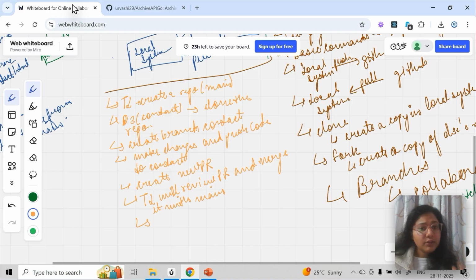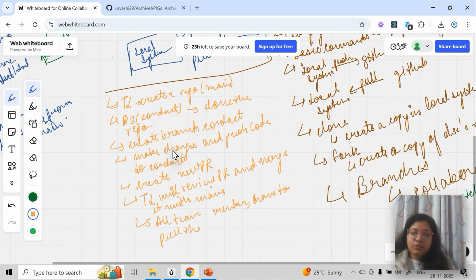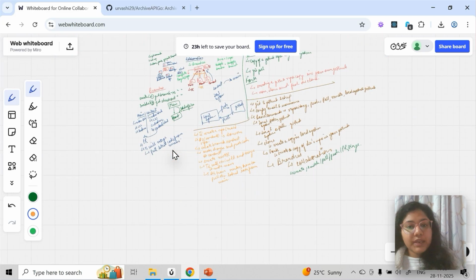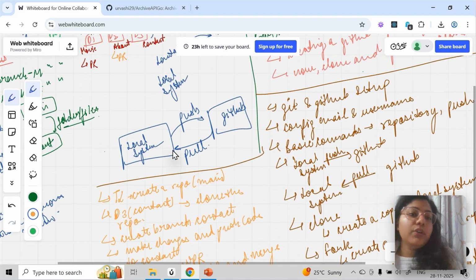If there is a conflict, you observed there was an add description box, right? You have to put that, and the other person will get a mail or a notification that there is an issue with this. You can also see open pull requests, so everyone in the team can see them. Then all the team members have to pull the latest code from main every day. Main is always the place where all the latest code is.